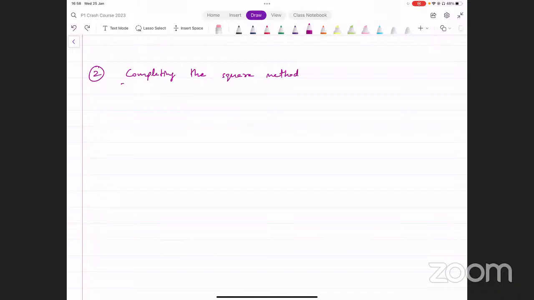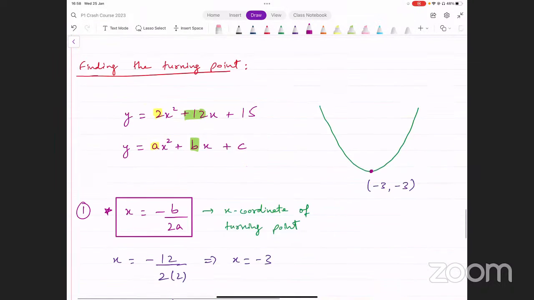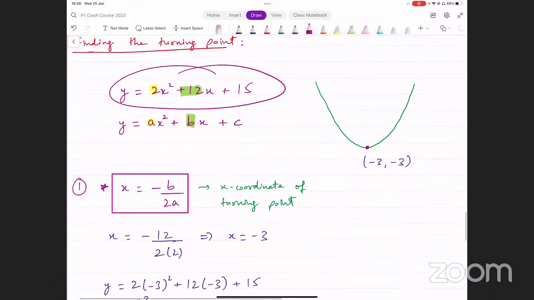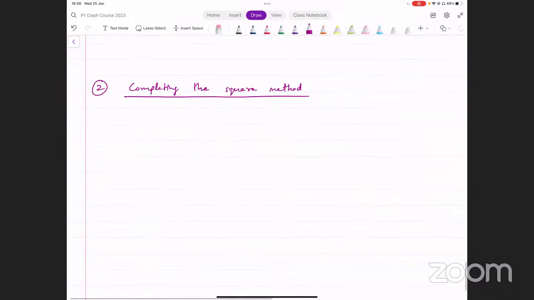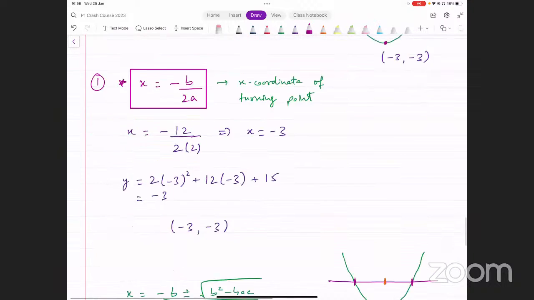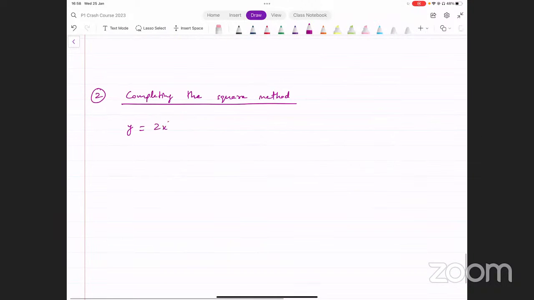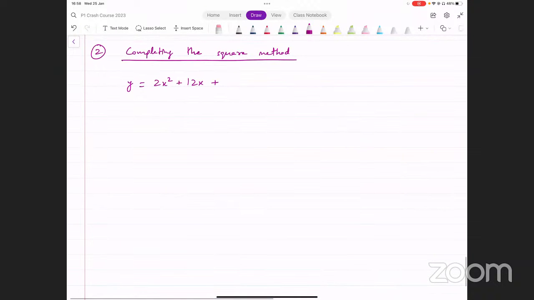Let's think about this now. This was the function that we had above. I'm going to slightly change it and make it, let's say, y equals 2x squared plus 12x. It was plus 15 there. Let me make it plus